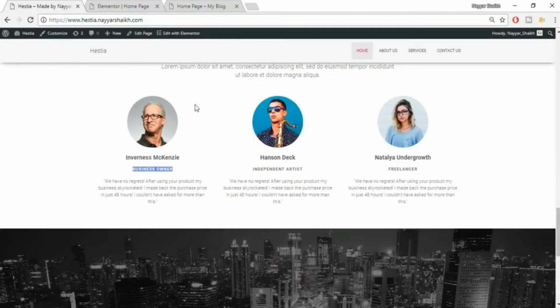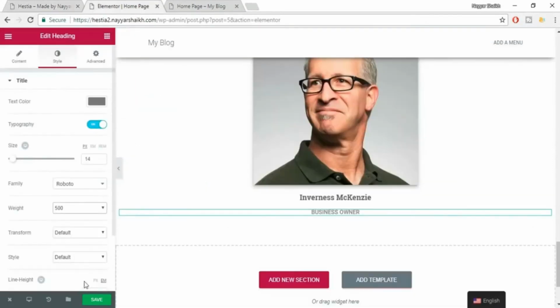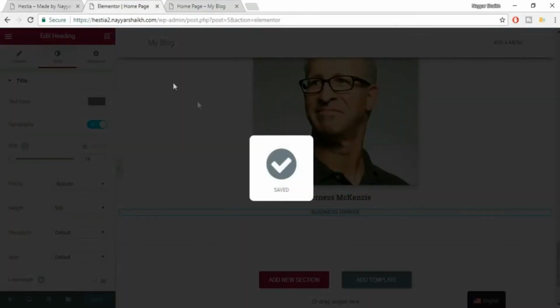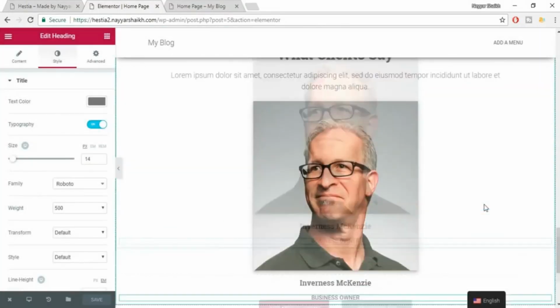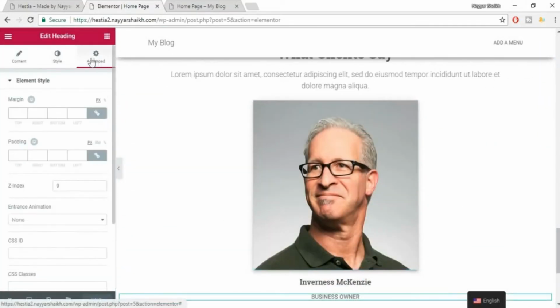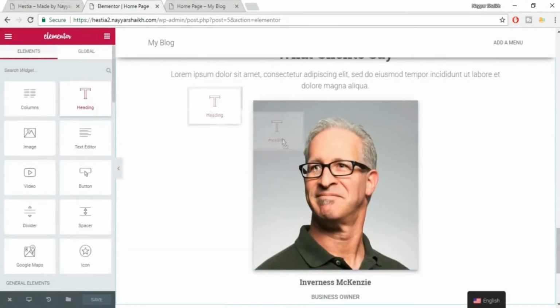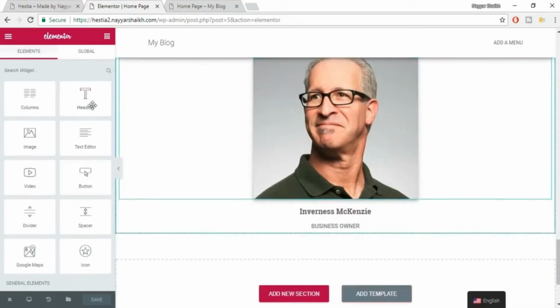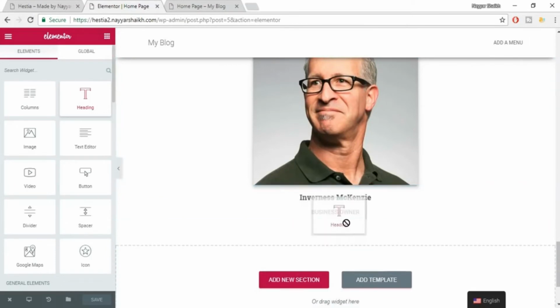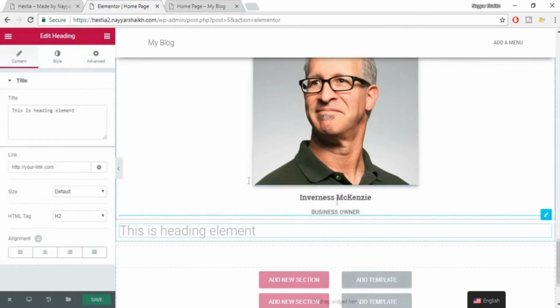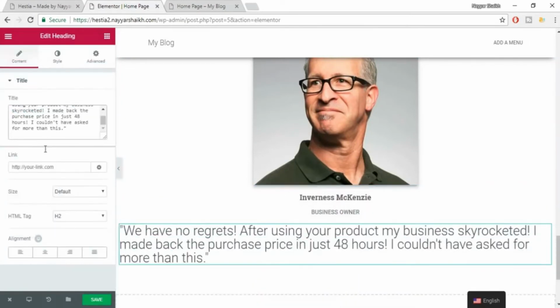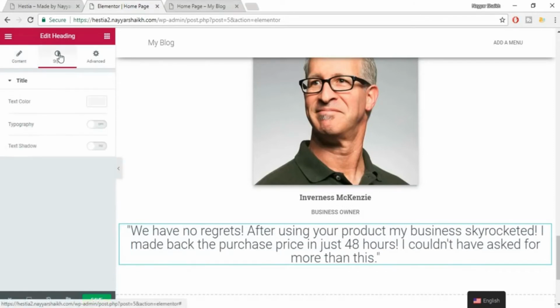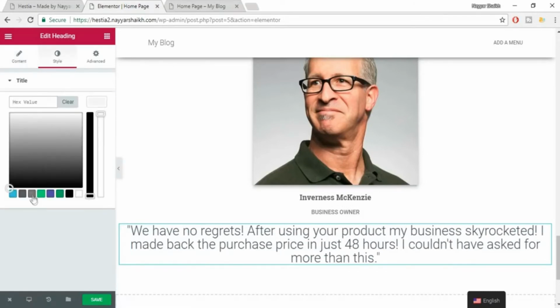Okay, now let's add this text. Okay, so again first save this so that you don't miss any changes. Okay, again come back over here, bring this heading, okay, wait, let's scroll down first. Now bring this heading below this business owner, whatever it is written. Now paste in your text, center align, style, lighter gray color,